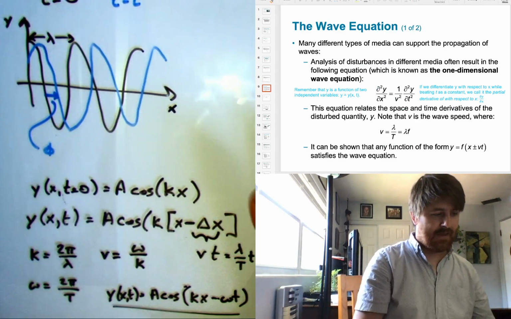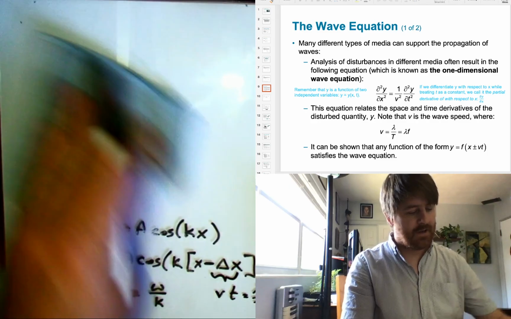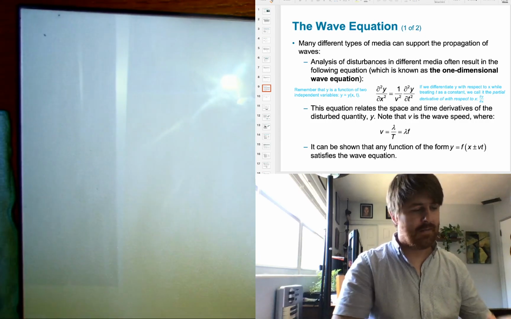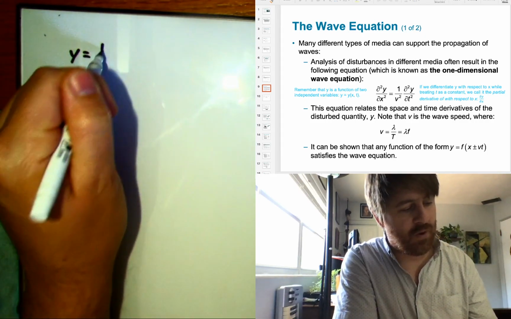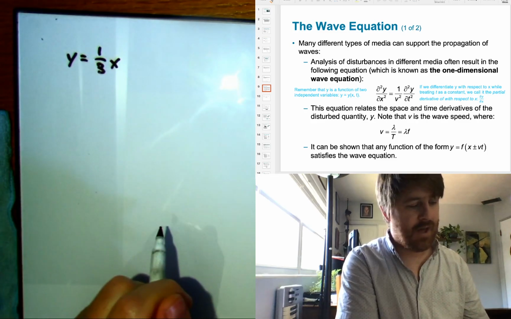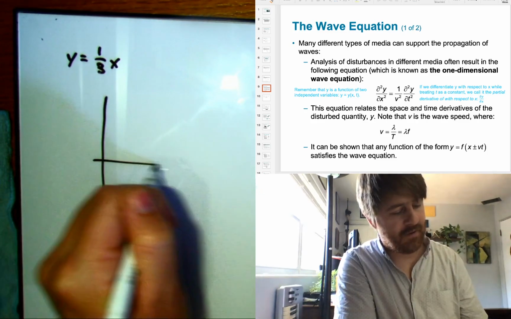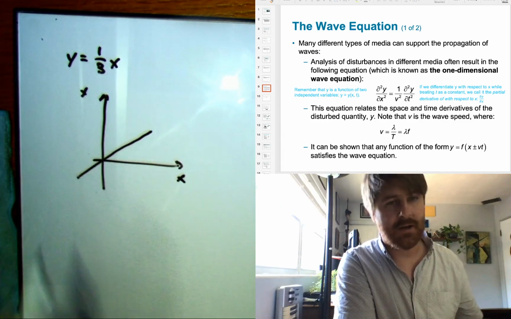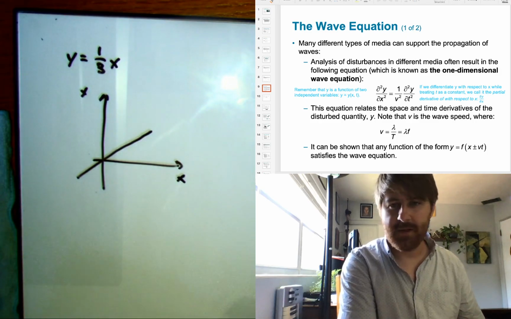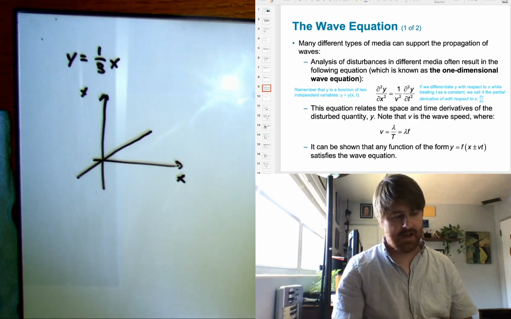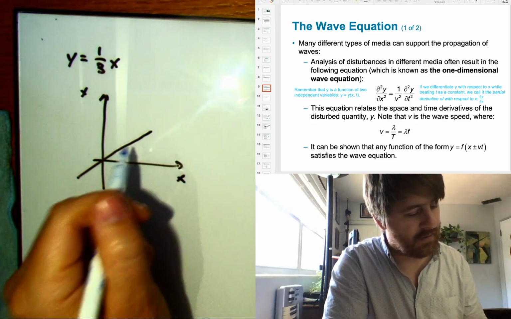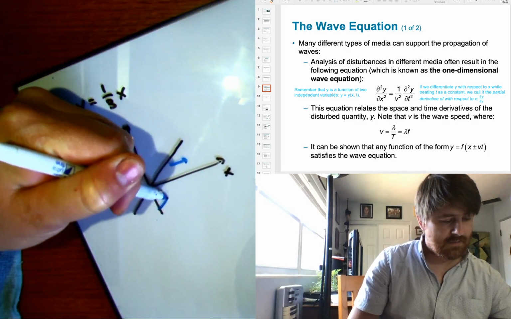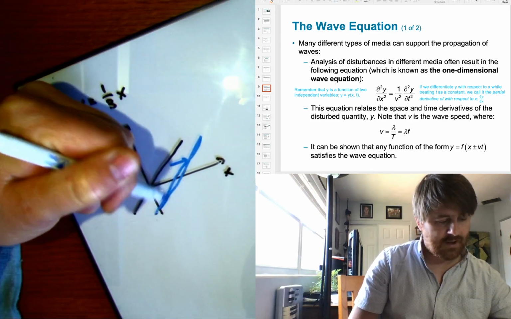Now, anything could be a wave. Any function could be a wave as long as it meets some certain criteria. One thing to think about is, could y equals 1/3 x be a wave? Well, no. Y is just a function of x. And in that case, it's a straight line that goes through the origin, like this, with a slope of 1/3. But if this line, for example, moves so that at some time later, it's over here,